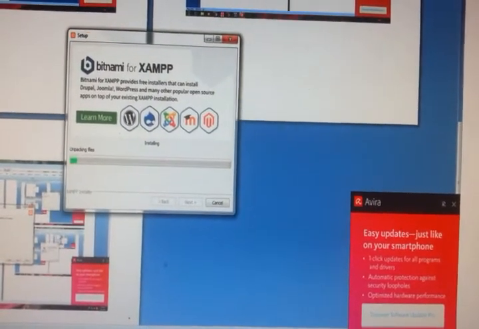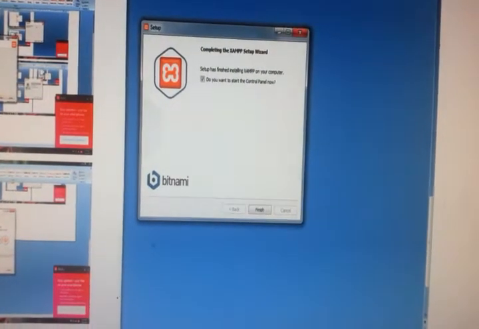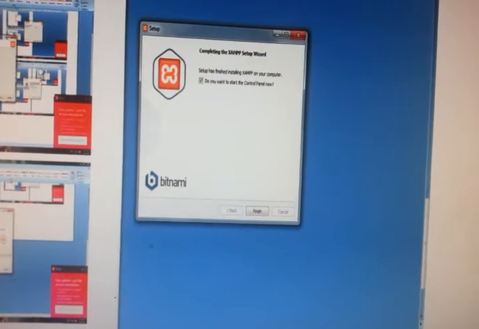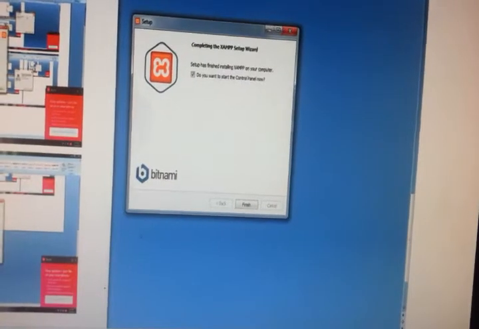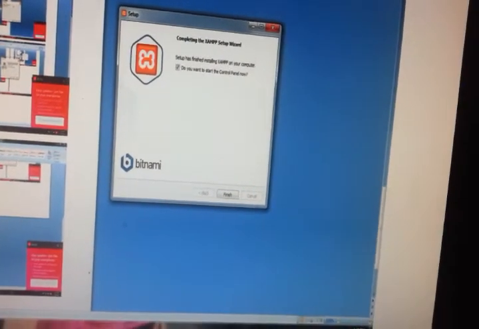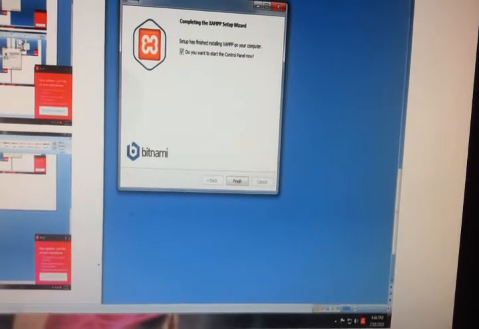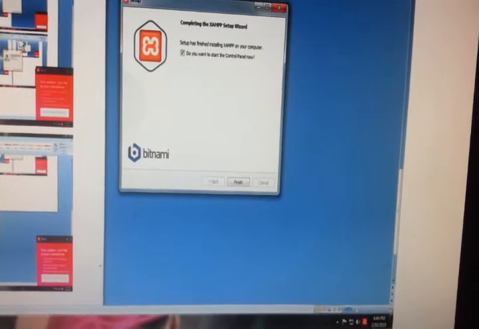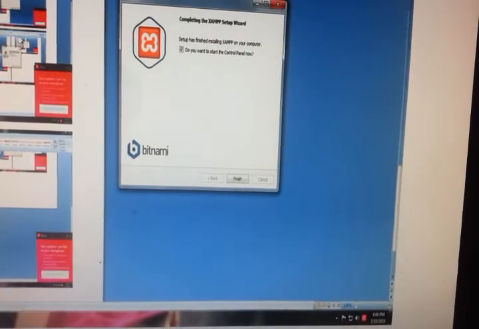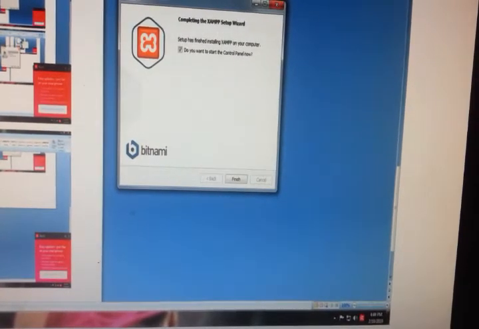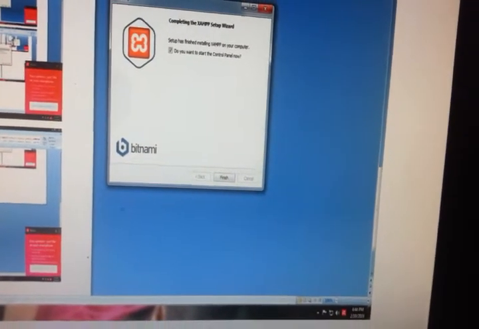When this is done, we will get the completing the XAMPP setup wizard window, and it will ask, do you want to start the control panel? So check the checkbox and click finish.